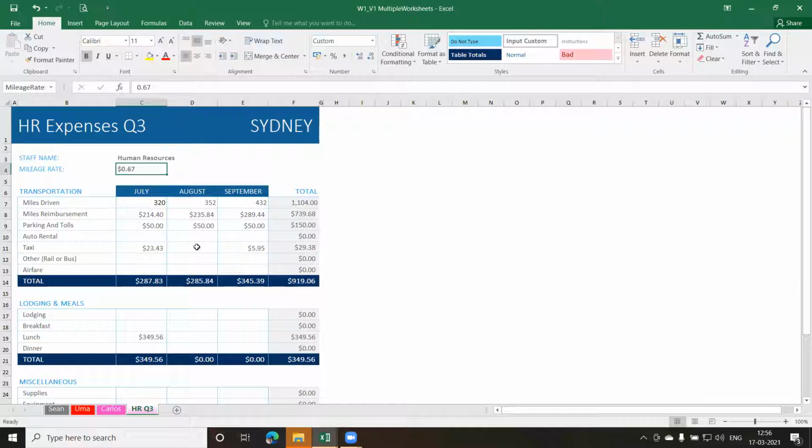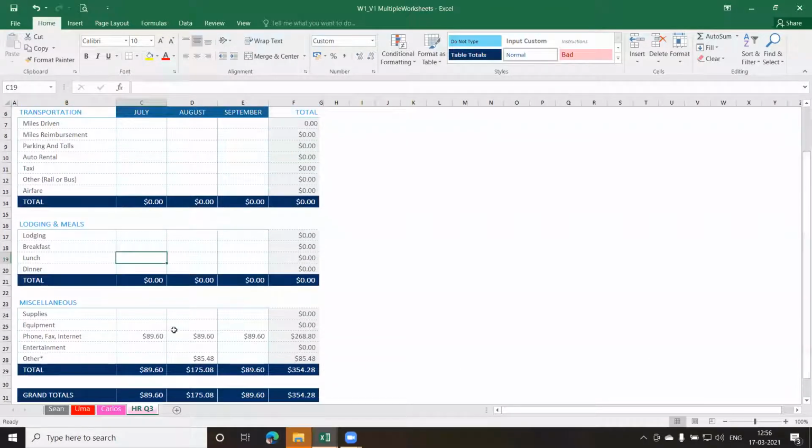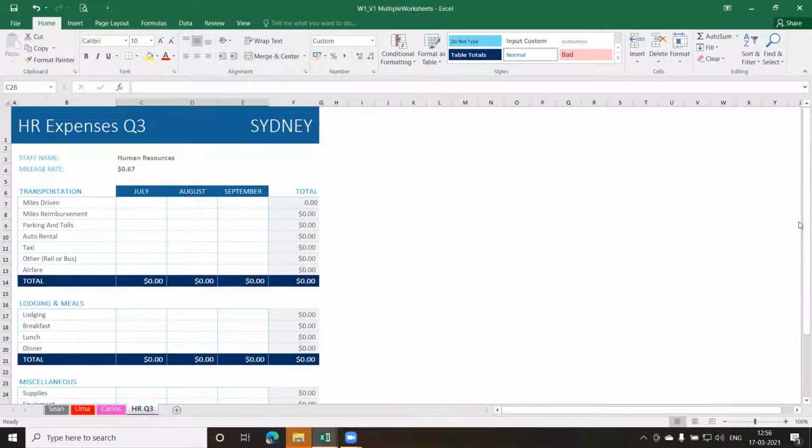The rest of the things are not going to change as much. Okay, but these values are going to change. So I don't want this. So I'll delete this. Okay, plus I don't want this as well. I delete this. Let me see if I have anything else down here. We have this total here. I don't want this. Okay, so this is my blank sheet where I want the total of all.